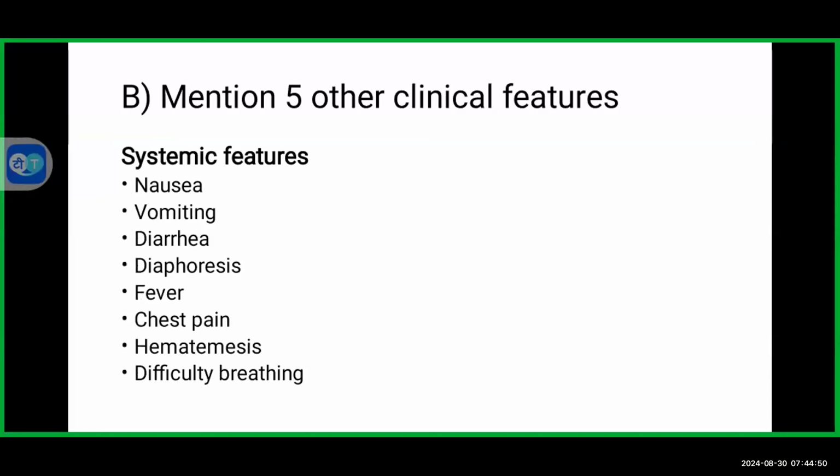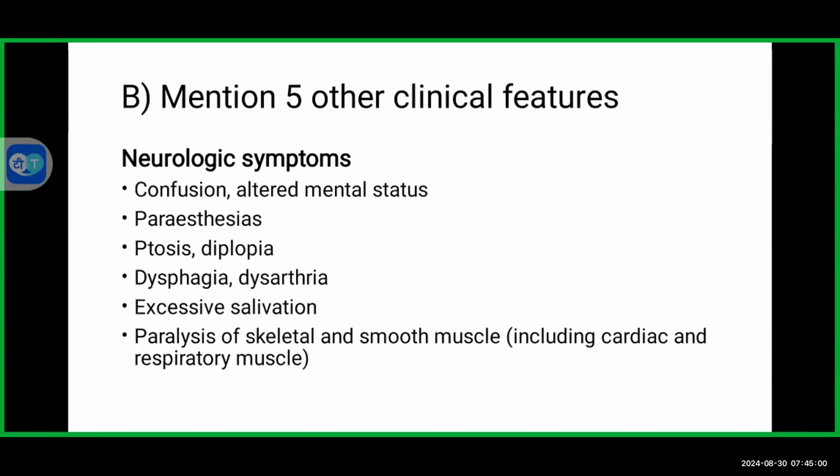They could also have other systemic features like nausea, vomiting, diarrhea, diaphoresis, fever. Some of them could present with chest pain, hematemesis, difficulty breathing, which patients may have even if they didn't mention them. And it's good to also watch out for neurologic symptoms like confusion or altered mental status, paresthesias. Some patients may present with ptosis, diplopia, dysphagia, excessive salivation, and then some paralysis of skeletal or smooth muscle. Some of them could have weakness holding their head,